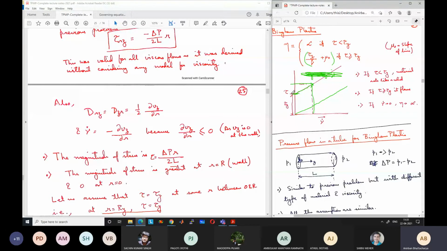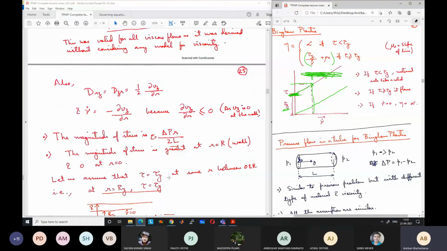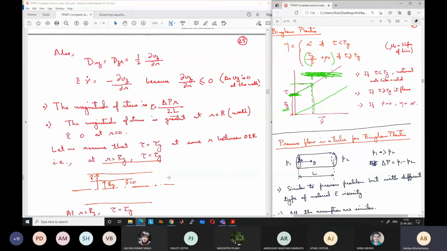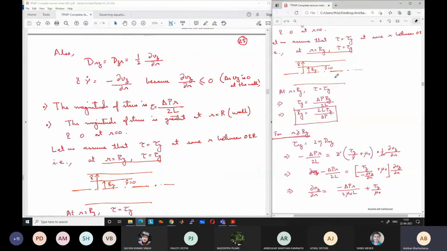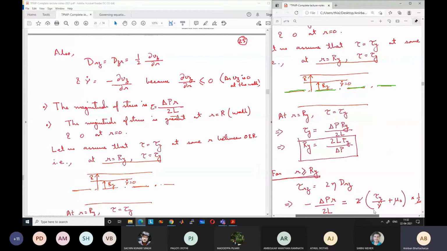So up to that point in the cylinder, there will not be any flow, and beyond this point there can be flow. Okay, so if I draw this, I have already drawn it here. So say this is the center of the cylinder, and this shear stress is increasing from 0 at this point to maximum value at this point. Okay, the magnitude is linearly increasing.